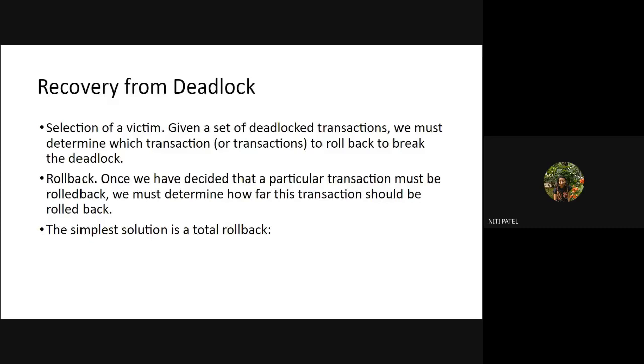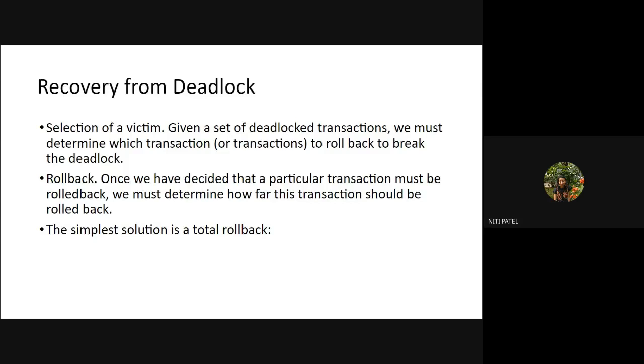So if I have transactions T1, T2, T3, अगर deadlock है इनके बीच में, so first I will identify कि out of these three किसके वजह से deadlock हुआ है. Once I identify कि transaction T2 के वजह से deadlock हुआ है, I will ask T2 to perform a total rollback. Total rollback means T1, T3 will continue their execution from wherever they had stopped, but T2 has to start its execution from the first line again. Clear? That is what is recovery. So for recovery, you identify किसके वजह से deadlock हुआ है, and once you have identified, make the transaction roll back from the start, to restart the execution from the beginning.